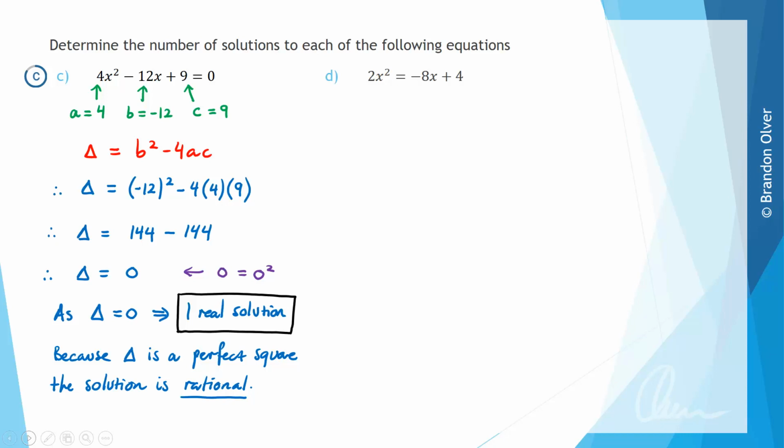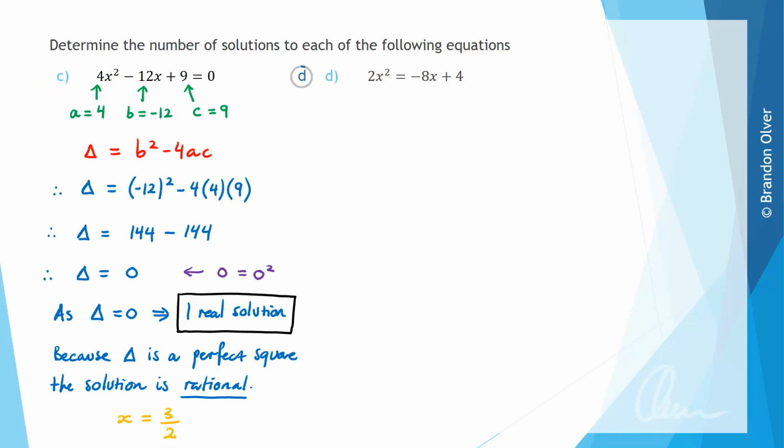And in this case, if you were to go and find it using a calculator or solving it by hand, the solution would be x is equal to 3 over 2. And that is a rational number, as it's a fraction of 2 integers. So you can see there's no surds present, which means it is rational, so far as we're concerned for quadratic equations. So part D has 2x squared equals negative 8x plus 4, and it has an extra step before we